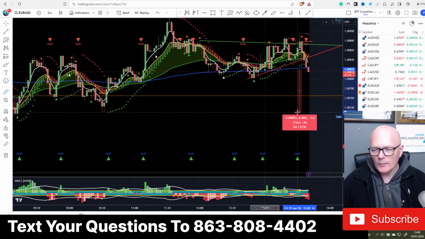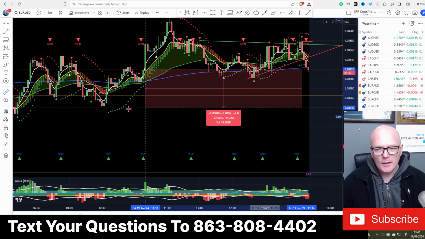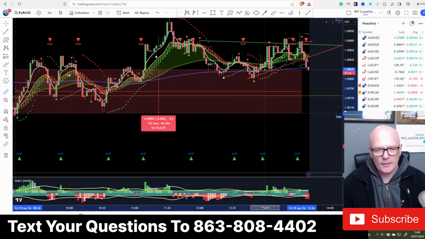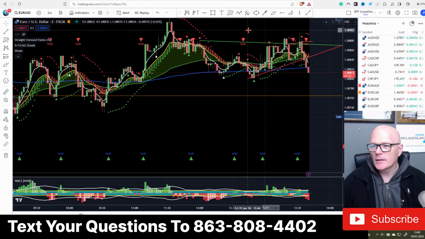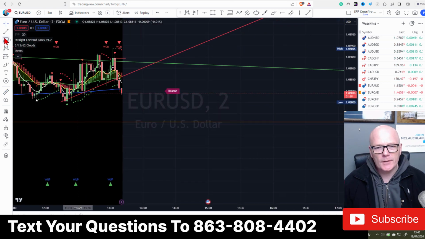Came all the way down optimistically, there's 9 pips there. Okay, but being optimistic is no good, so we've got 7 pips. We've got this area here and this area here as potential areas of interest. If we were to take this trade, let me show you what I would do.